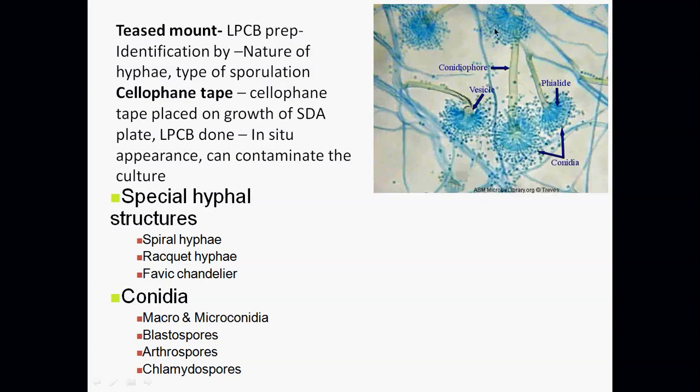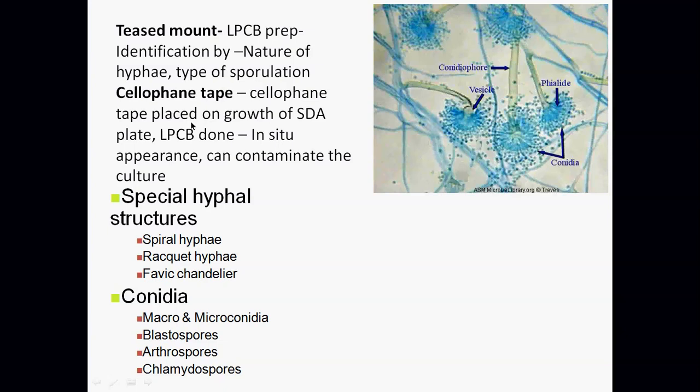Now depending upon all these morphological features, we can further identify the fungi. In this, you can have a small difficulty that the basic structure is disturbed. So for seeing the basic structure as it is seen in vivo, we can use a cellophane tape preparation. Now this is a simple technique, again without disturbing the colony morphology.